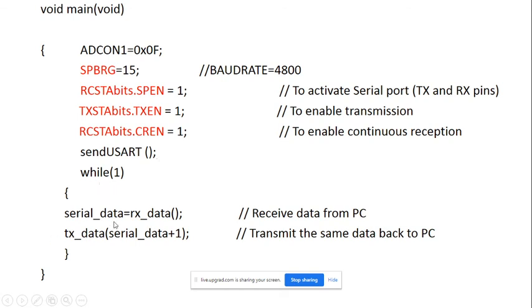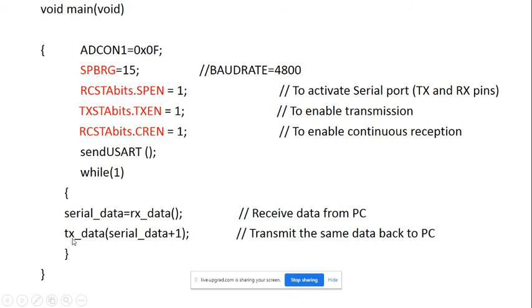Then next, whatever data is received from the PC, that is RX data, is taken into serial data. Serial data is one of the variables. Whatever data is received through the receive subroutine comes into serial data. Okay, then transmit.